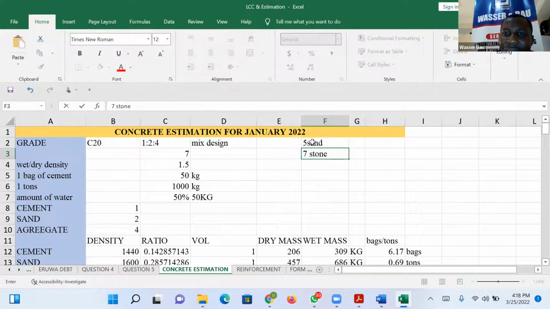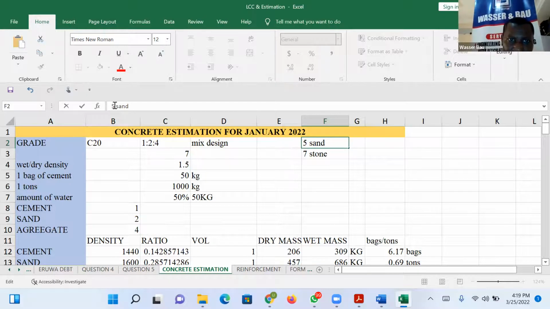It is. And let me tell you something, don't even claim to be an engineer. Sometimes do physical observation. You find out that, like in Abuja here, we have different types of stones. There's one they bring from Kaduna River. The sand is as good as a stone. It's so coarse. Then there's another one they bring, which is close to plaster sand. It's so fine. So, mixed ratio, you are supposed to mix your aggregates, at least two types of aggregates, but